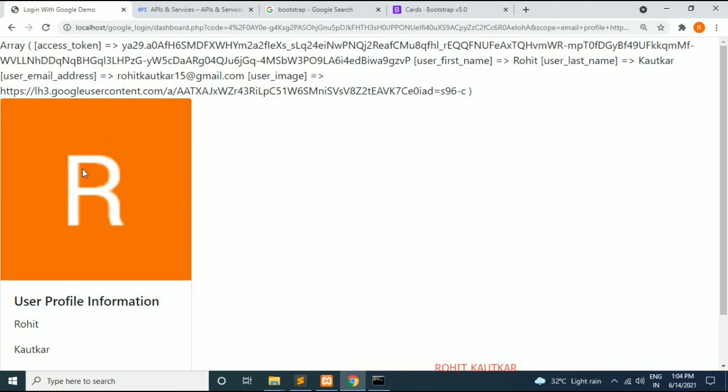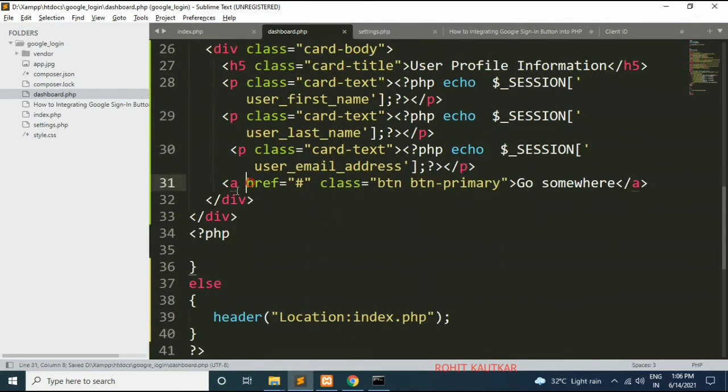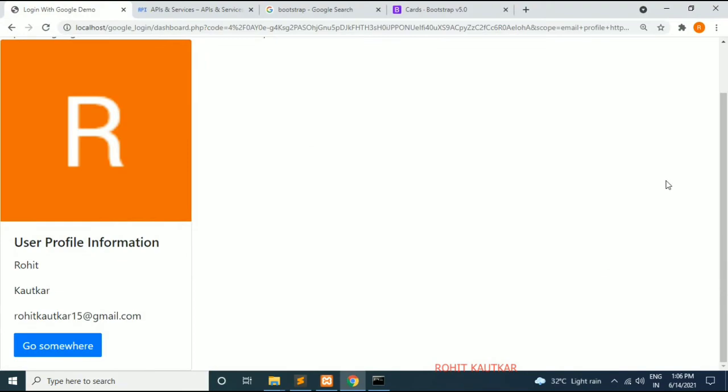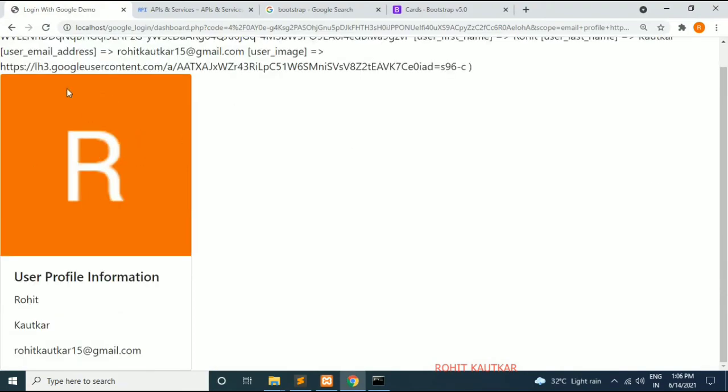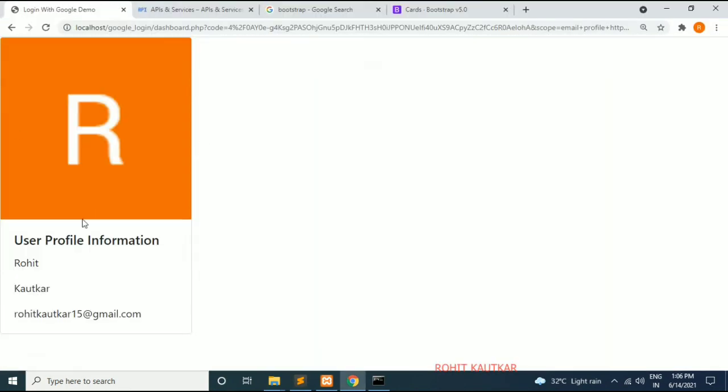You can see here we got the profile picture of the user, and we will remove this button, we don't want it. Okay, so like this we are retrieving the user information. So I will comment this print function, so clearly we will be able to see the user's information.